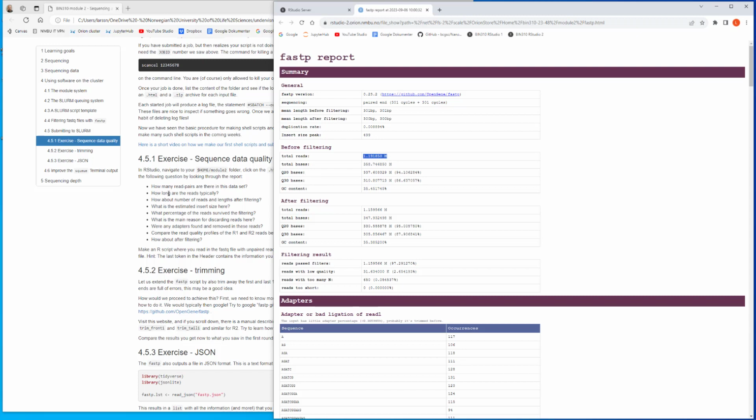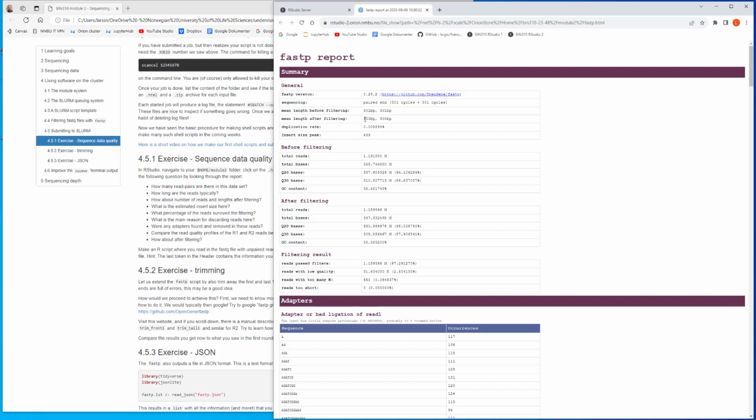Yeah. How long are these reads typically? And then we can see the mean length here. Both R1 and R2 reads are 301 base pair on average. I think that in this particular case, all of them are exactly 301, and that's not always the case. There can be some variability. So the mean is a sensible thing to look at, or the median,